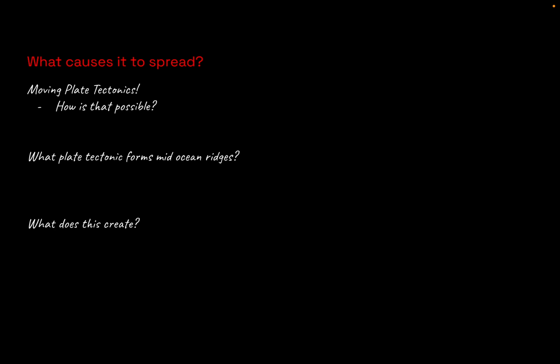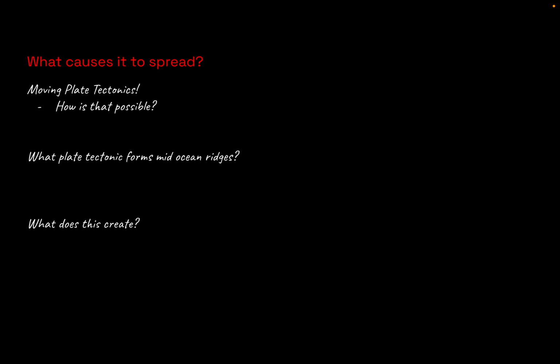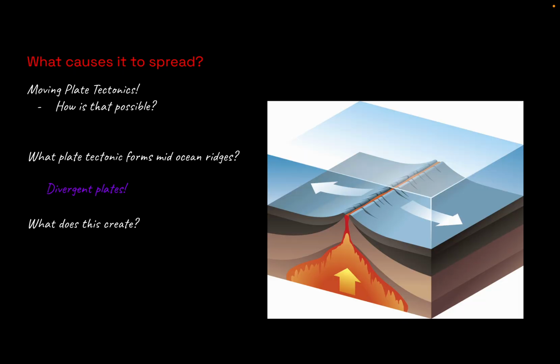Spreading. So how does this happen? Through plate tectonics. Plate tectonics are moving due to convection of the mantle. As the mantle increases in temperature, its density decreases, allowing it to rise to the crust and melt it in. This happens at divergent plate boundaries where the crust gets much thinner and the magma comes up to form new